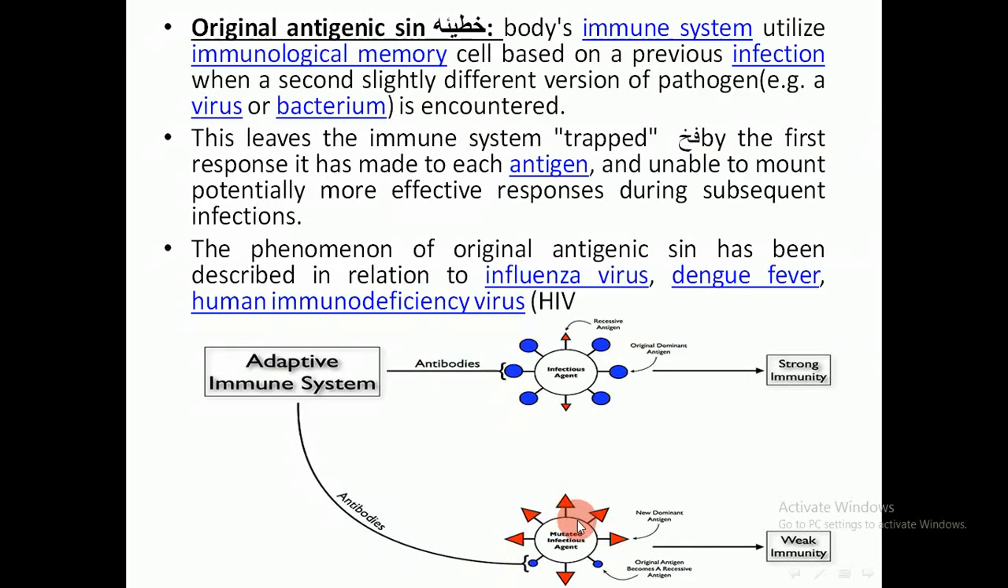So this is called original antigenic sin. The immune system will be trapped and not distinguish between these two viruses or two pathogens, because the pathogen will be mutated and change in its